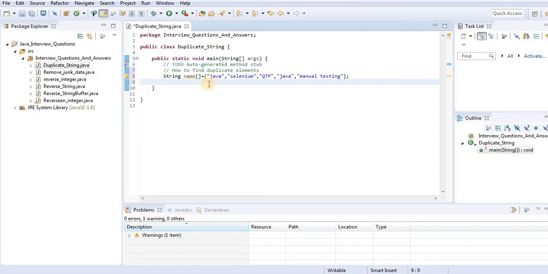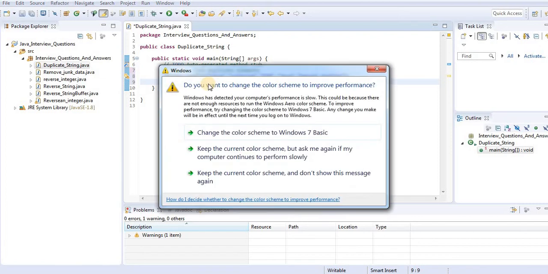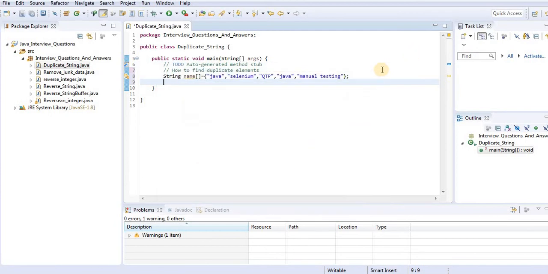For that purpose we need some iteration, or we need to use some loop. So I am taking for int i equals 0, because indexing starts with 0.